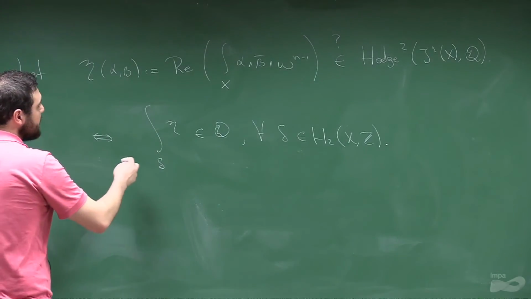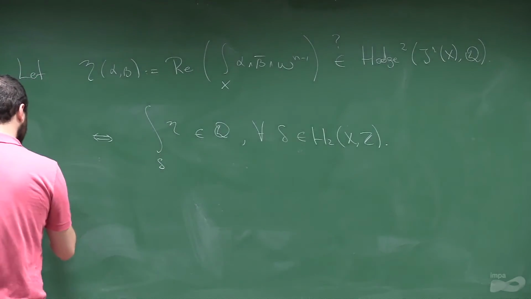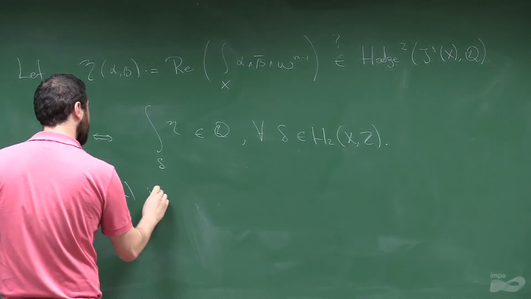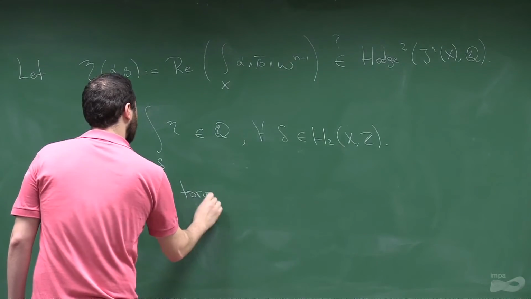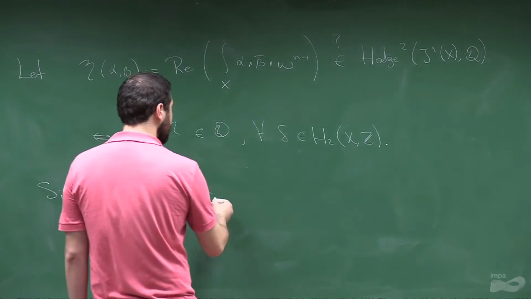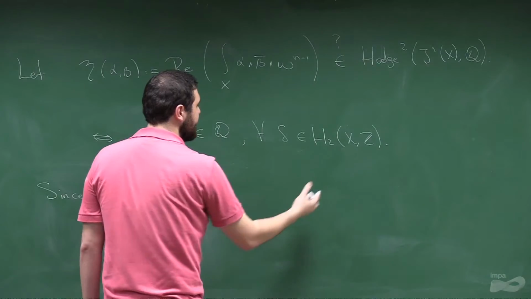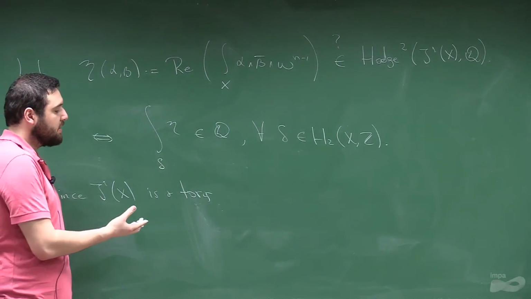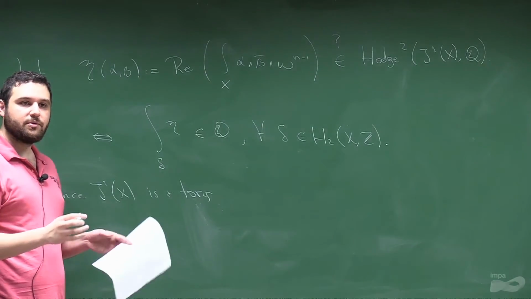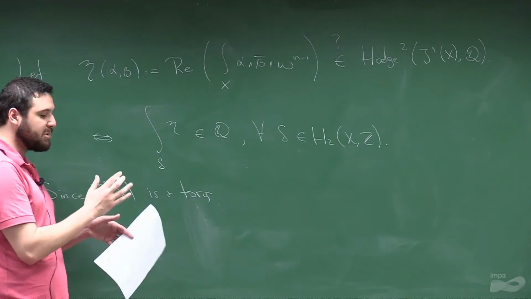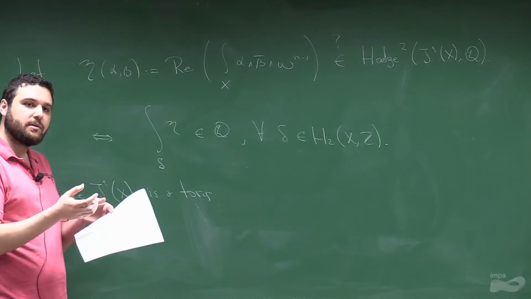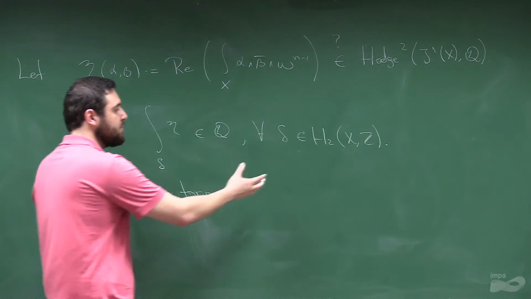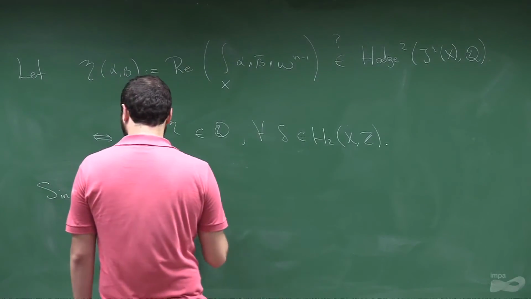And so since we know that J1 is a complex torus, we know that H2 is generated by the products of 1-cycles in this torus, right? I mean, you decompose the torus as products of circles, and the product of two of these circles will generate the whole H2, right? So it's enough